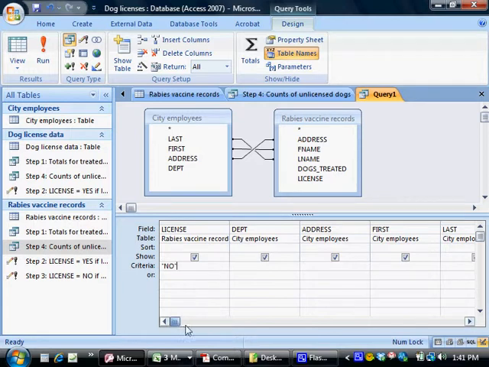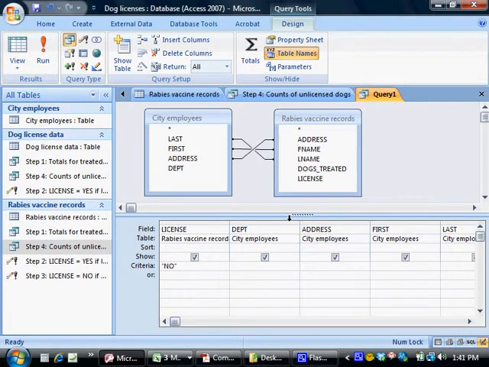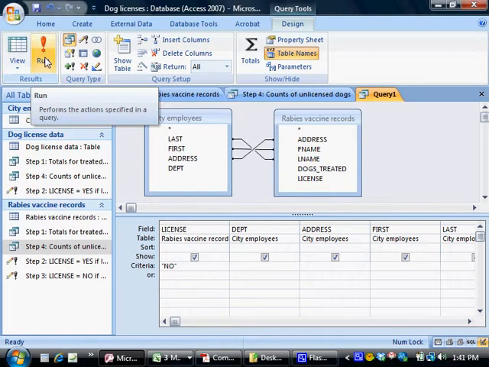Let's see, the very last thing is sort based on the number of dogs treated, so that we'll have no's with a high number of dogs at the top of the list. Okay, so make that descending order there. All right, I think we're ready to run this and see what we get. I'm going to click Run,